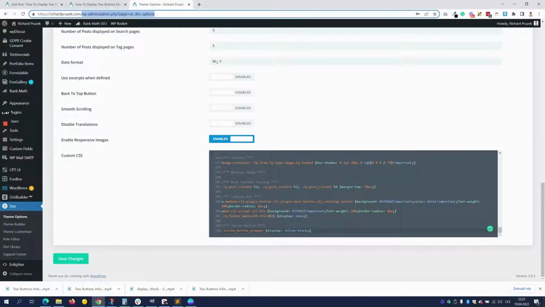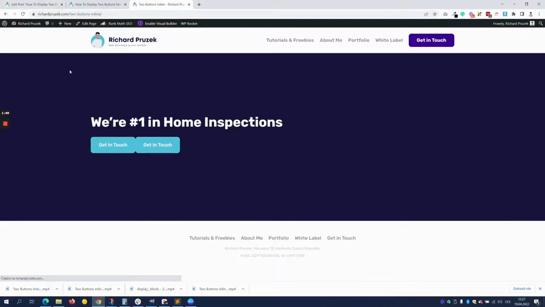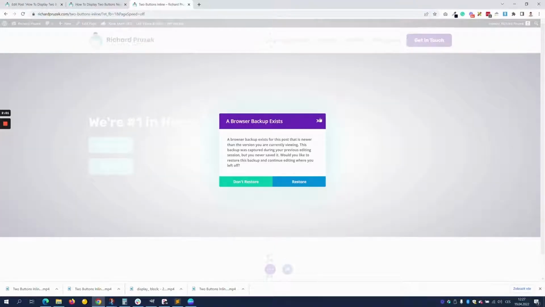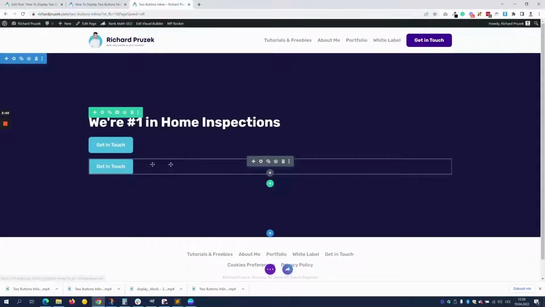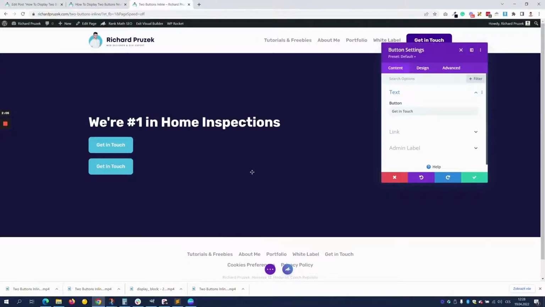our page again, where we have the layout, as you can see, we have the two buttons next to each other. Now, this doesn't look necessarily great, so you may want to add some spacing to your second button. So I'm gonna add some little margin. As you can see, it doesn't work in the visual builder, but it works on the front end, which is the most important thing. I'm going to give 10 pixels, and then maybe let's say that these are going to